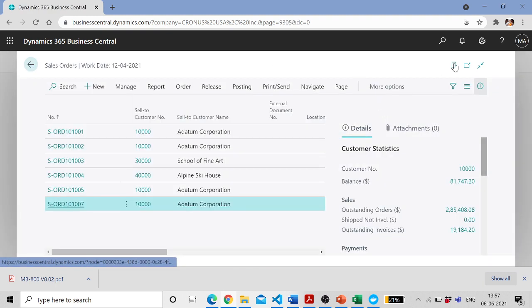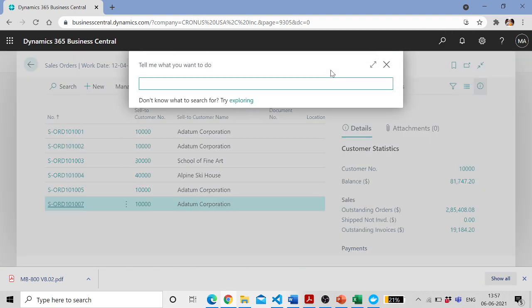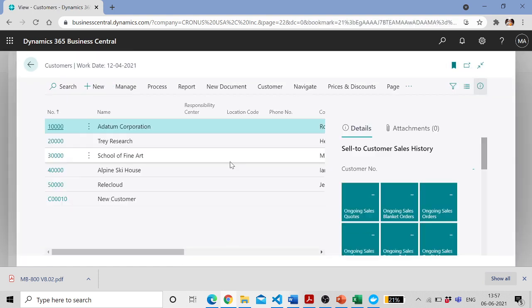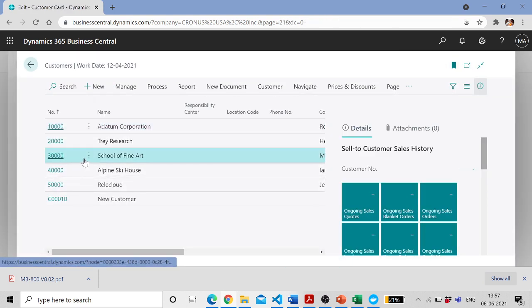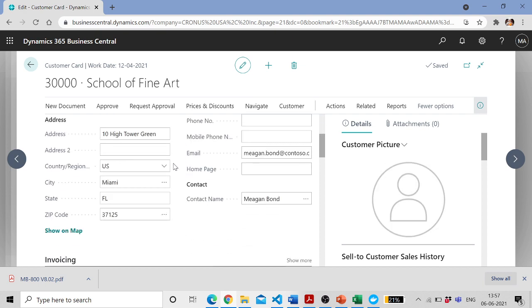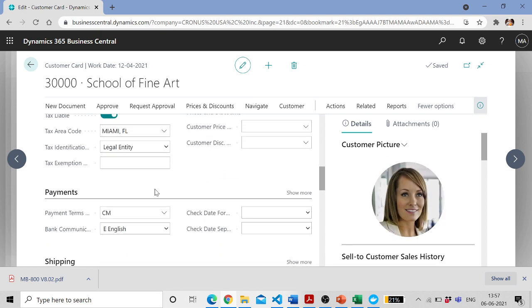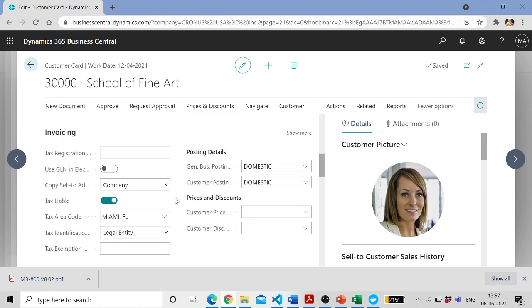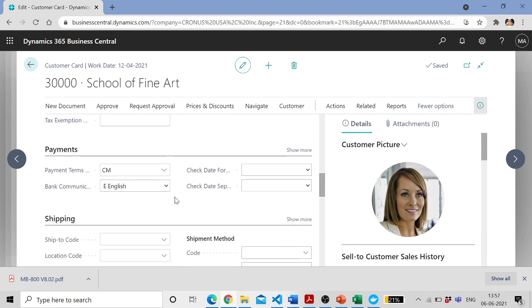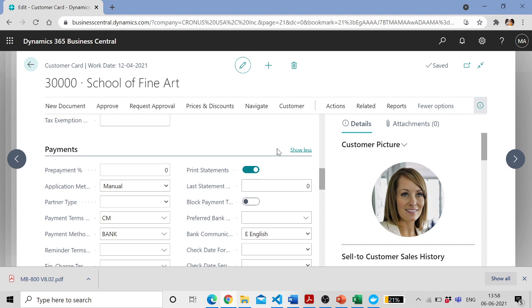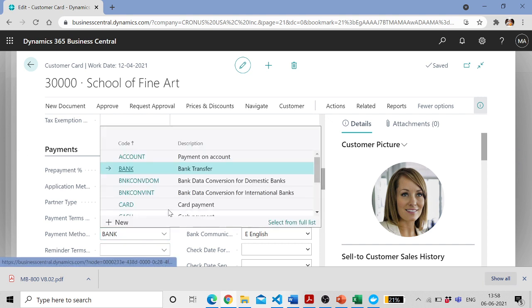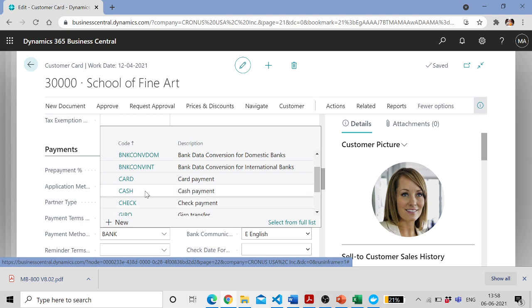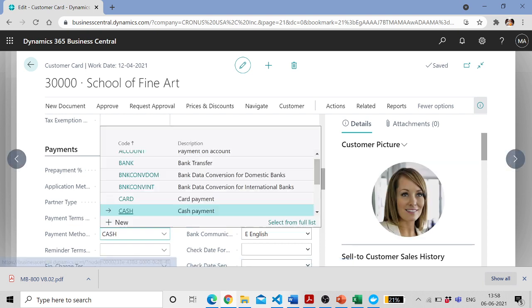Okay, before that, let's change the payment method in the customer card. We will check. We will take another customer, School of Fine Arts, and in that the payment method should be there. Can this be done? No. Payment method. Okay, so payment method. Let's say we are selecting cash,